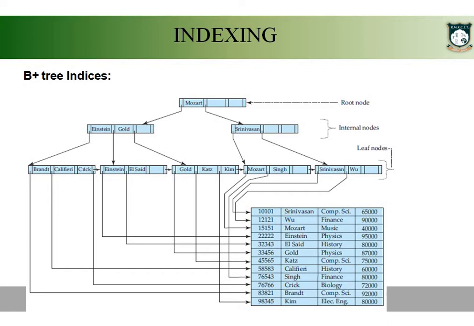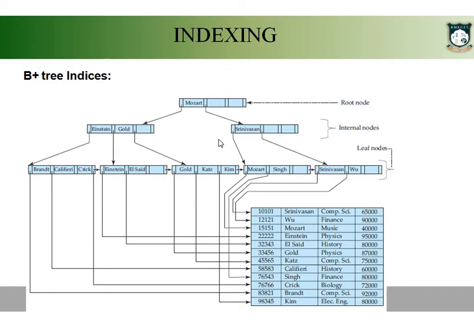If you take the leaf nodes in your B+ tree, as I said, the actual key values will be available only in the leaf nodes. Each leaf node, in addition to having the key value, will also have a reference to the location where the actual record is in your file. What I am trying to say is, if you take the instructor Crick, the key value Crick will also have the reference to where you have the Crick record. So every key value in the leaf node will have a reference to the actual record.